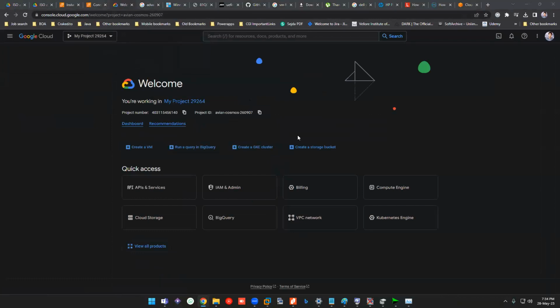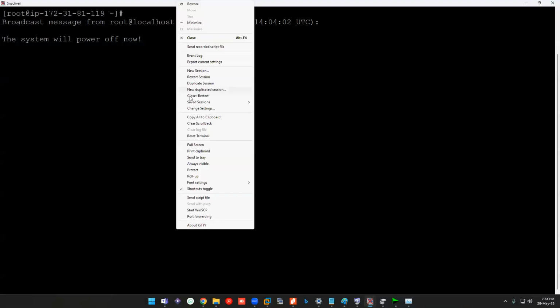Okay, what is the difference between Putty and Kitty? Nothing, Isidore. Kitty is a fork of Putty. Fork in the sense that it has some advanced features. What are those advanced features? I'll be covering that in a later session. Yeah, I'll be showing it now only. The advanced features are like almost everything will be here. You can start WinSCP, port forwarding is here, and you can save a session right away from here. So very few changes.